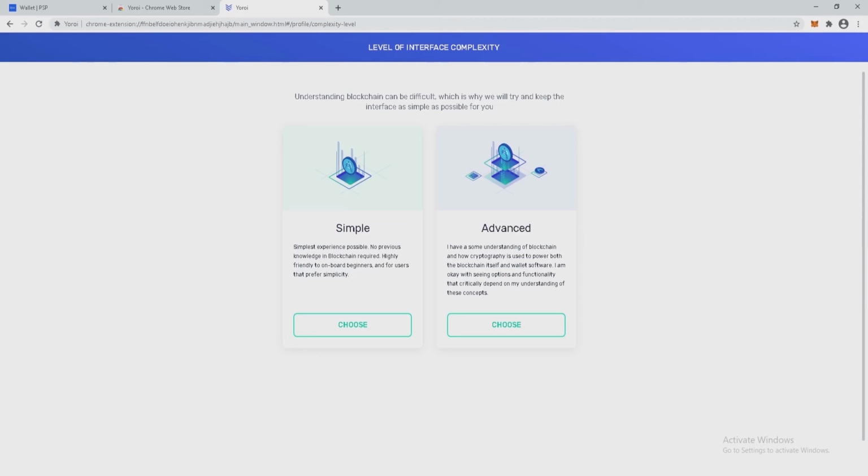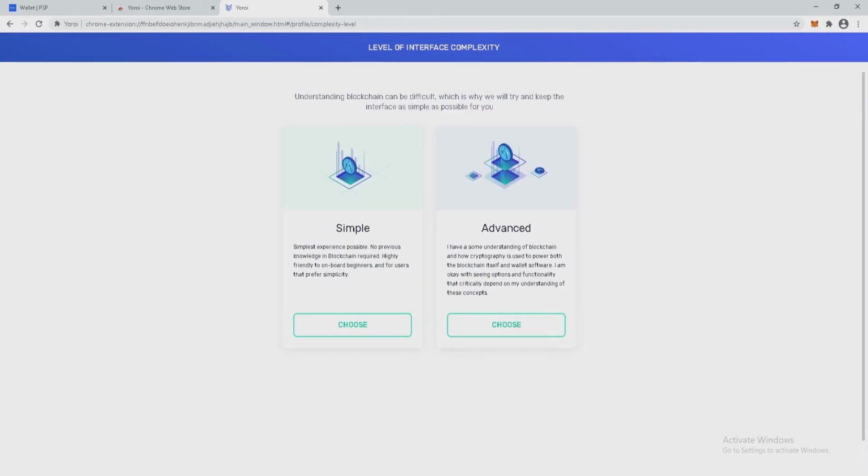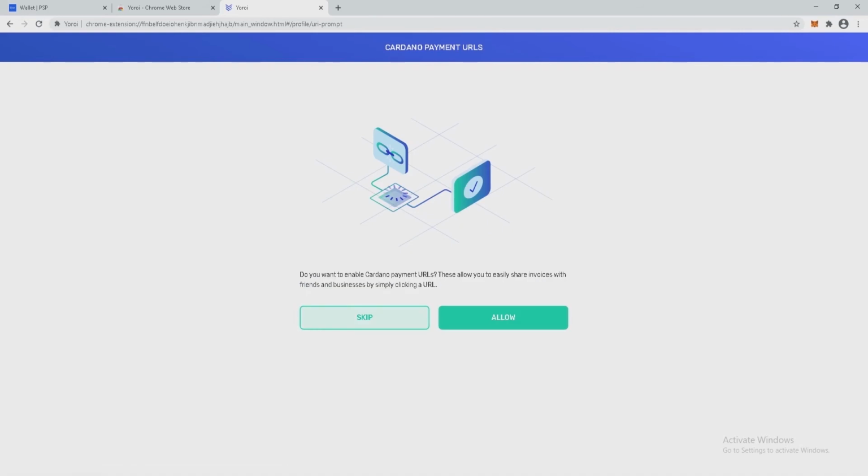So we will choose the simple version, as it will be useful for newbies who are not familiar with blockchain or have no previous knowledge in blockchain, and it's user friendly for beginners. So we will choose the simple version. So you can go through all the instructions.